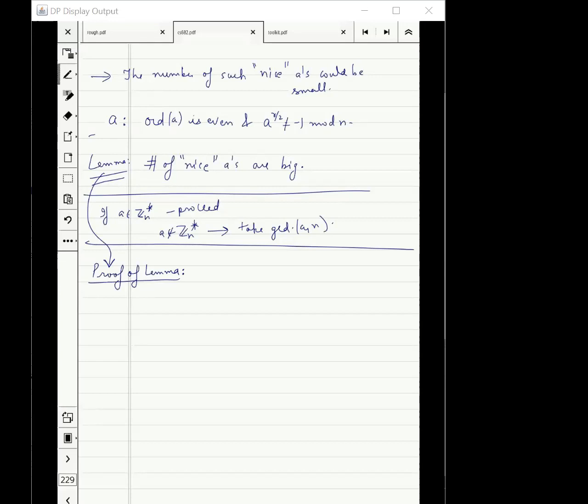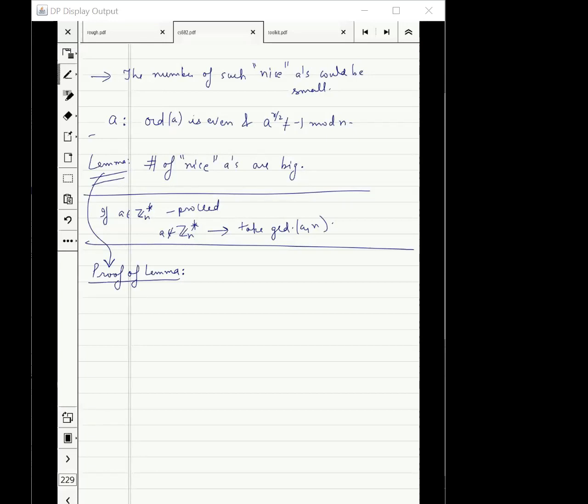So yes, you are right. I should have mentioned it is a randomized reduction, but that's going to be the default. If not mentioned, then it is a randomized algorithm and a randomized reduction. And the consequence is that the algorithm of factorization is going to be randomized. But that's good enough because classically we don't even have a randomized algorithm for factorization. Does that answer your question, Anand? Yes, sir. So you are completely right. It's going to be a randomized reduction, and we are going to have a randomized algorithm.